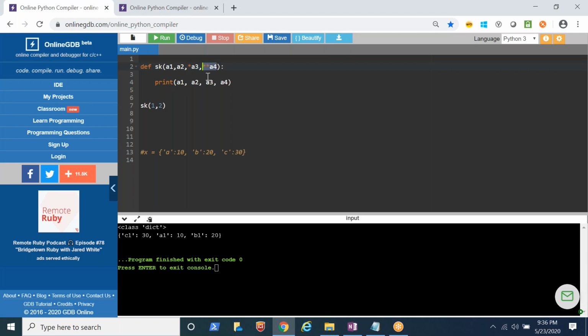Now we have A1 and A2, which must be passed, and I am passing here A1 and A2. So this should work. A1 is 1, A2 is 2, A3 is a blank tuple, nothing. A4 is a blank dictionary, nothing. Okay, all right. So now what I do,